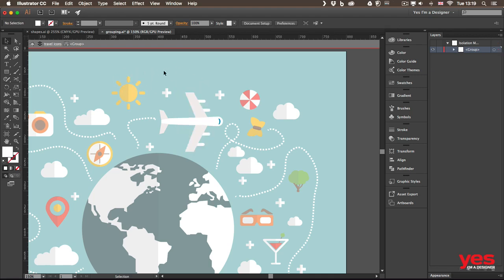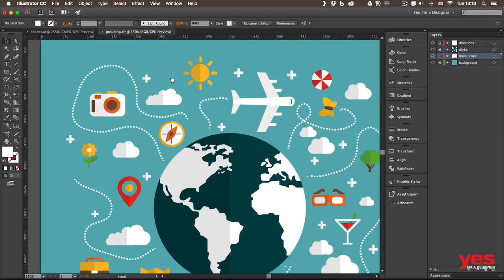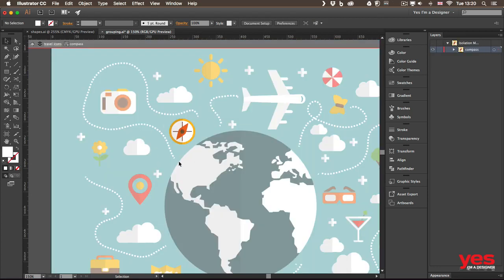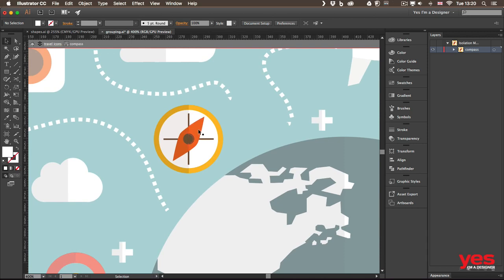By double clicking anywhere outside, we can exit isolation mode, and we can double click on another object to enter isolation mode again, but this time we are editing the compass. So zooming a little bit closer to it, I can select this again by shift clicking those elements that I wish to change, and switching to the rotate tool, I can just start rotating this to the other direction. So that was quick and easy thanks to the group that we created earlier, but also thanks to the isolation